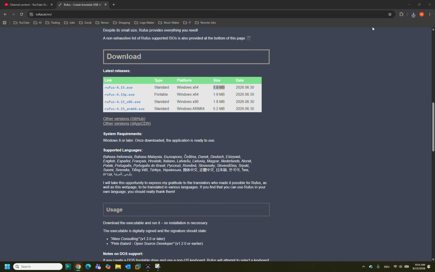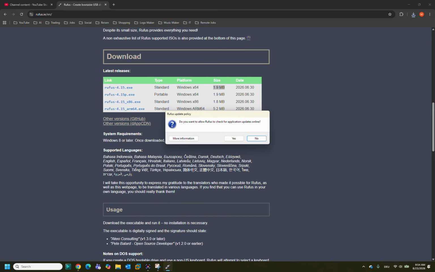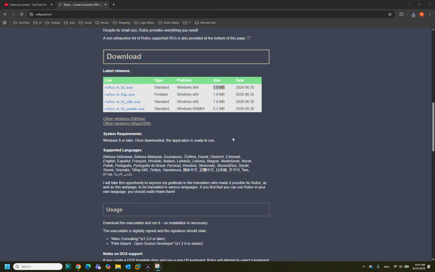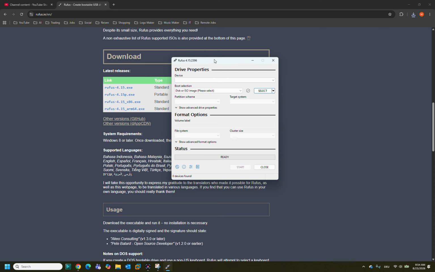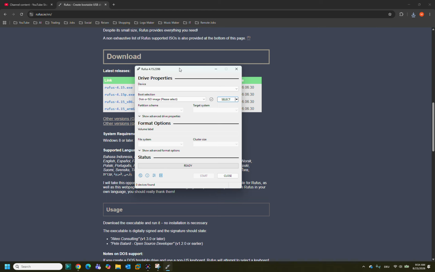So click on that software and click yes. Do you want to allow Rufus to check for application updates online? Yes. Once you click on yes, here you have to choose your device, which is your USB